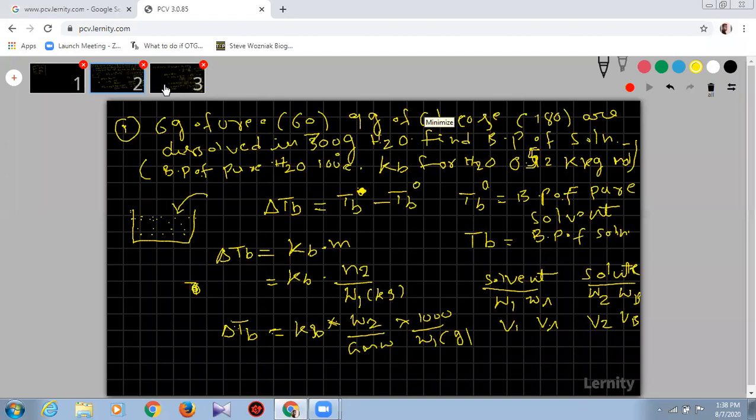Someone is asking whether we should give the final answer in Kelvin or Celsius. You should give it in Kelvin, as per the data given in the problem. Better you mention both. If it is a board exam or an integer type question, you are supposed to put it in Kelvin itself, because based on the problem you will understand. How to find the n value? N value means the number of moles.